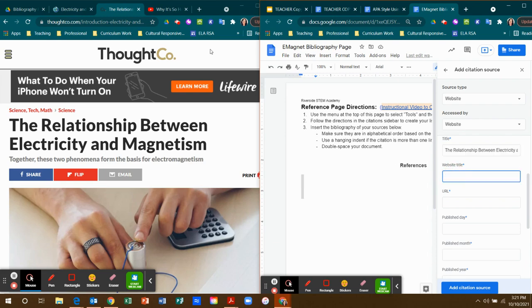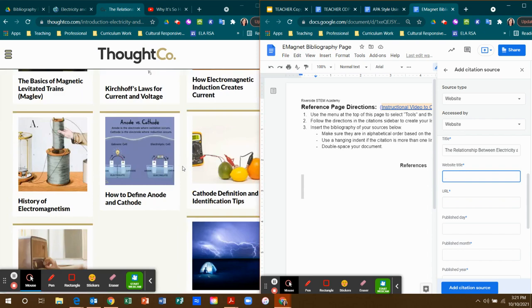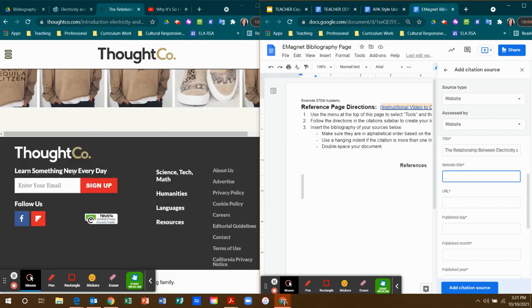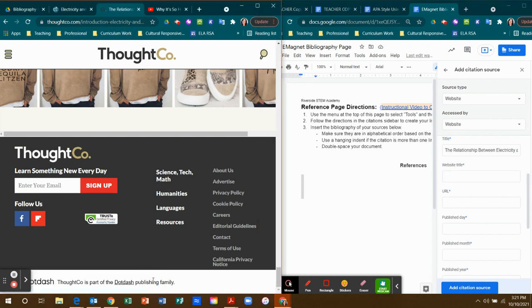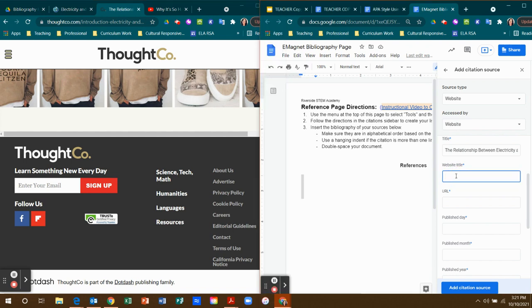The website title then is right here, Thought Co. And if I scroll way down to the bottom, I can see that Thought Co is the name of a big company running this whole big website. I see that Thought Co is part of the publishing family, and it's not asking me over here for a publishing family. So we're just going to put down that Thought Co, and it is all together with a period at the end, right? That Thought Co is the name of that whole website,